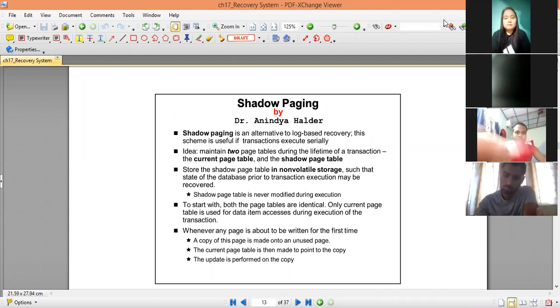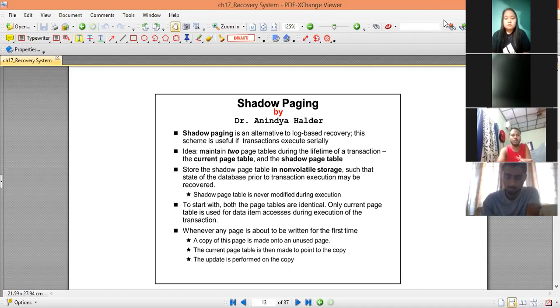As I mentioned, there are two types of page tables used for the shadow paging based policy. One is called the current page table and another is called the shadow page table.